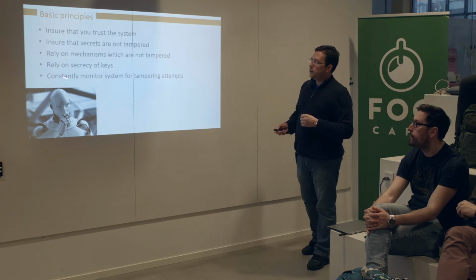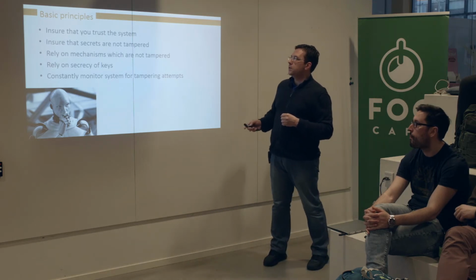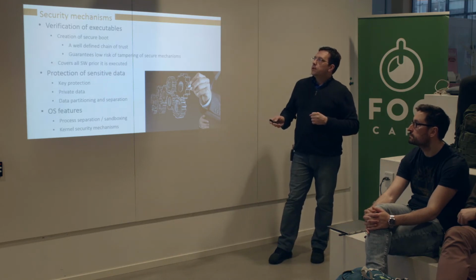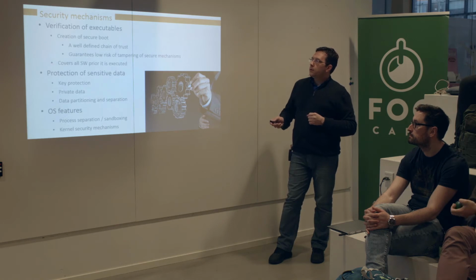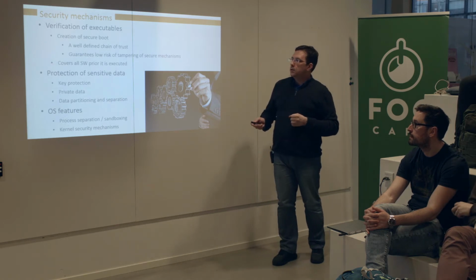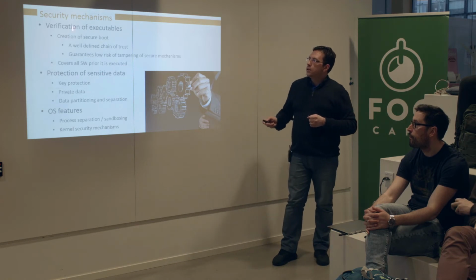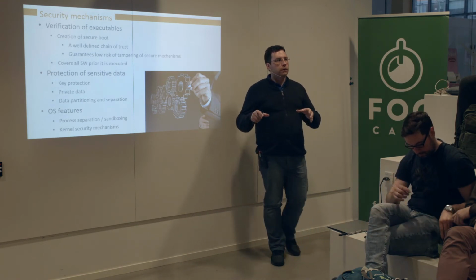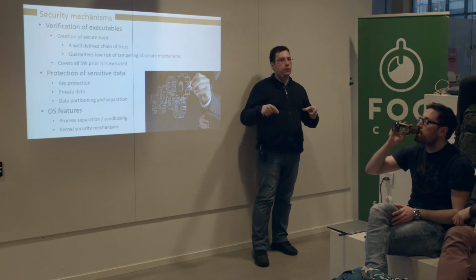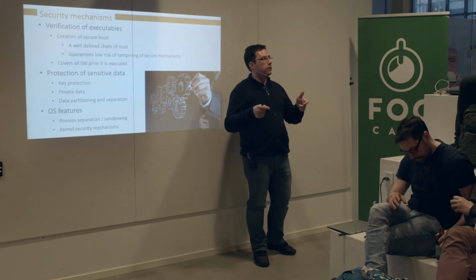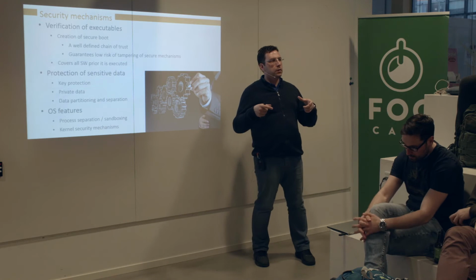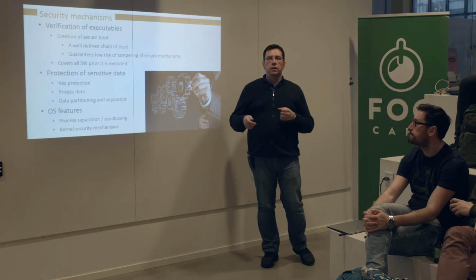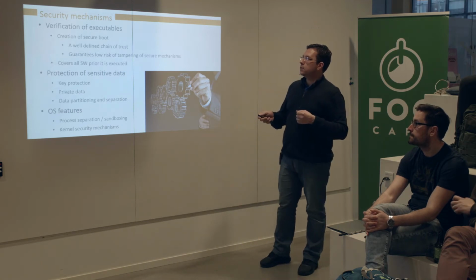So there has to be constant monitoring of what happens with the system. We spoke about the basic security mechanisms. I will go a little bit deeper into embedded systems, in which we use, in many cases, verification of the executables, meaning one of the steps in which we verify that the system is working properly. After the hardware is initialized and verified, the next step is to verify that all the executables and all the configuration files are intact and guarantee that they were not modified while the system was shut down.